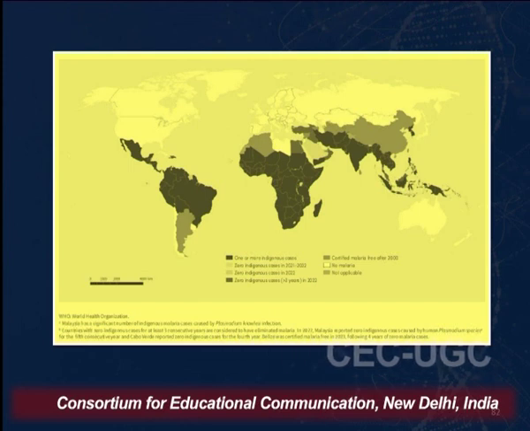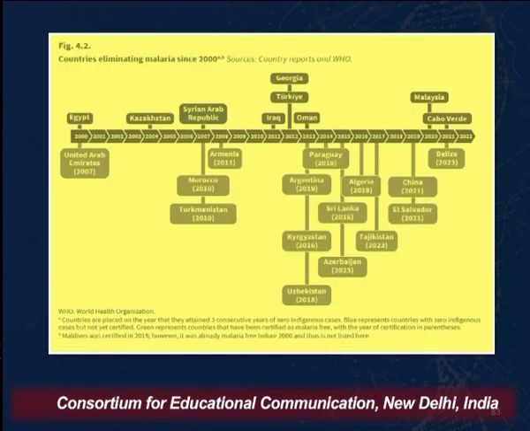We can see that generally the tropical and subtropical countries are the ones infected by malaria. This is basically due to the climatic conditions which are optimum for the growth and development of the malarial parasite, as well as the vectors which transmit this infectious disease. Now, this is a diagrammatic representation which shows which countries reported over a period of time that they were malaria free or have eliminated the malaria infection.